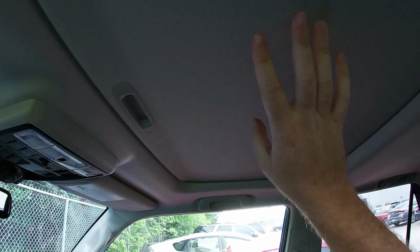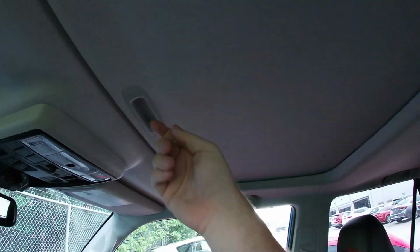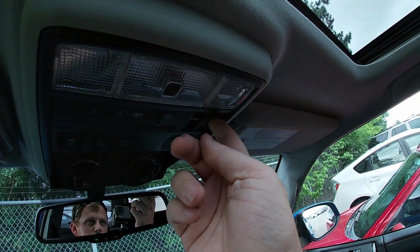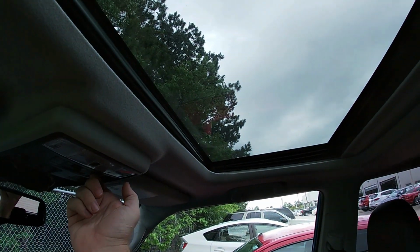And you also have controls for the standard size, at least, power tilting and sliding sunroof up here on the top. And the controls are over here on the far right, so you can tilt it using the button over here on the far right, or just one pull of the slide trigger and